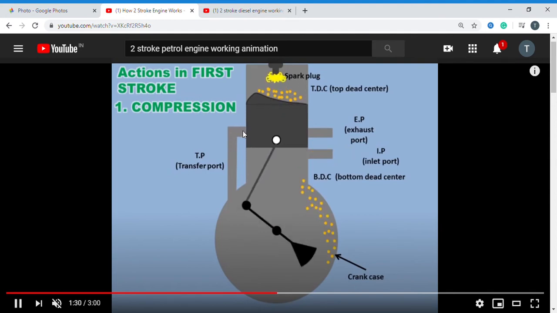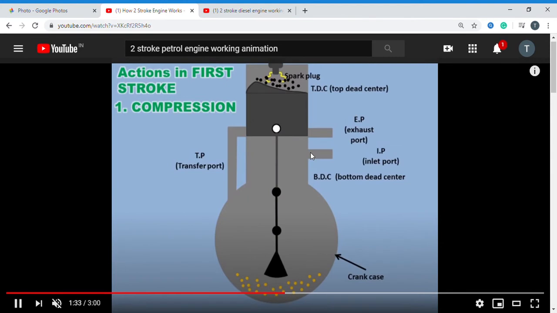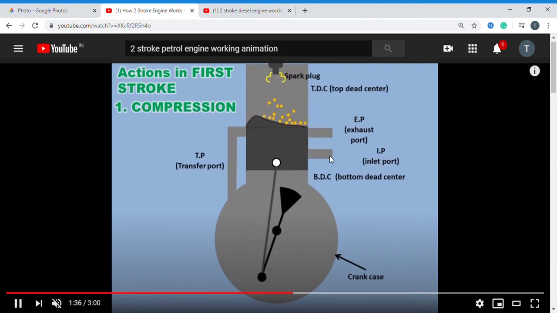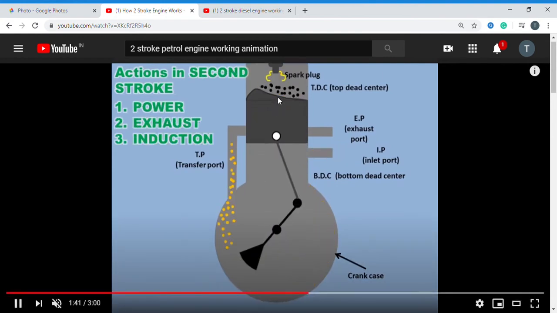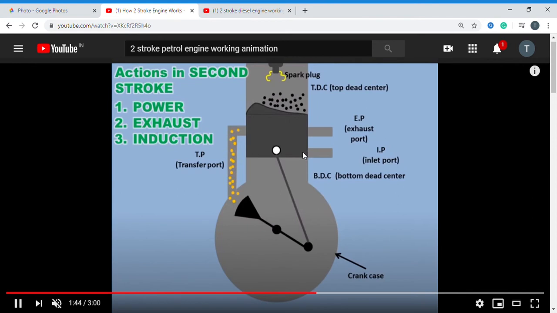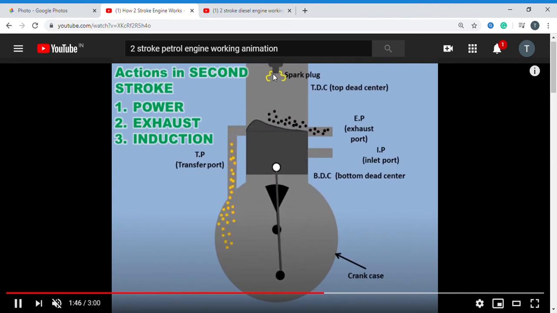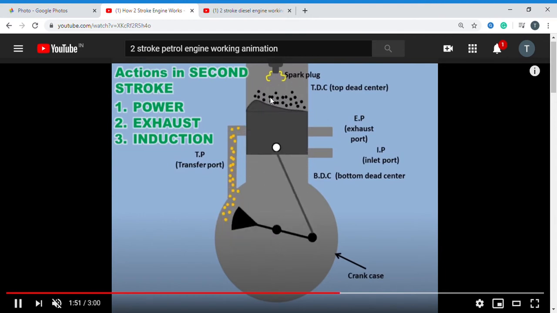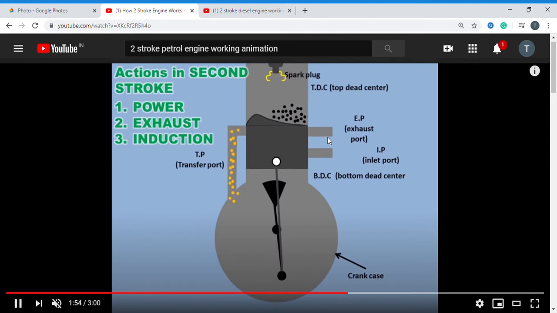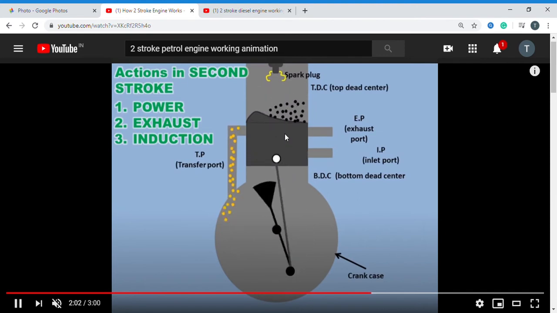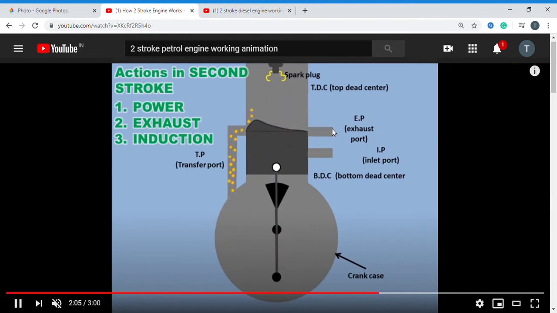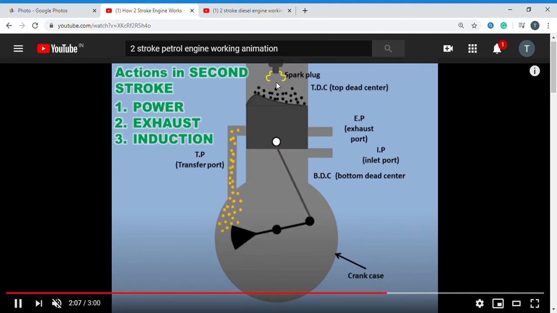Here you can observe both ports get closed, here open, right? Now you can observe here, when the piston moves from BDC to TDC, the spark will be generated. So combustion takes place. After combustion, the exhaust gas is released from the exhaust port. So combustion and exhaust, two working processes will be finished. The piston moves from the TDC to BDC. Here the exhaust gas is released, and again the air and fuel mixture is entering. That is the process.